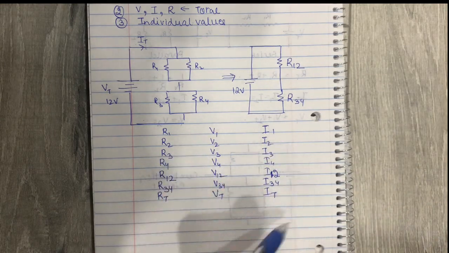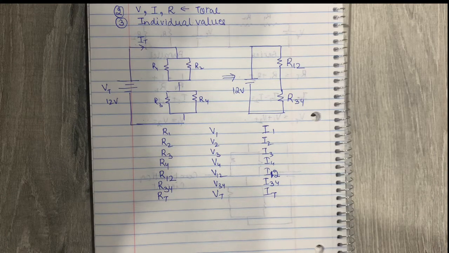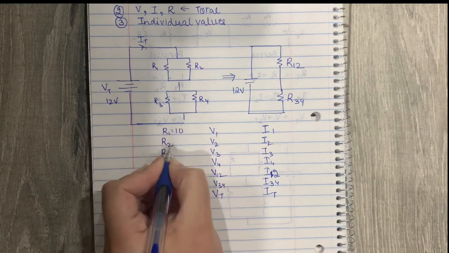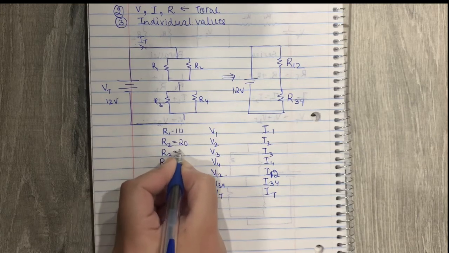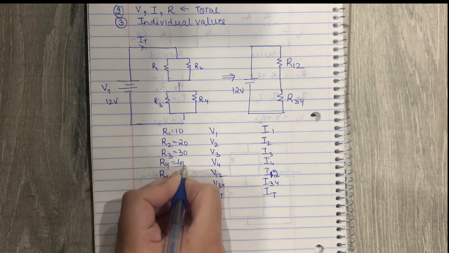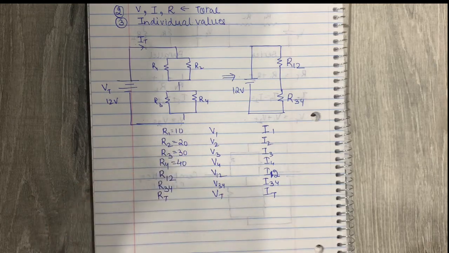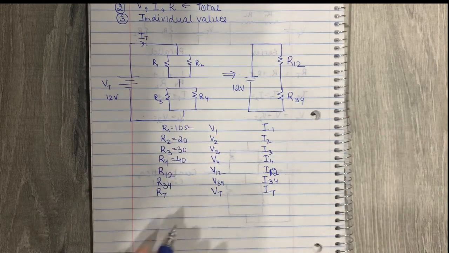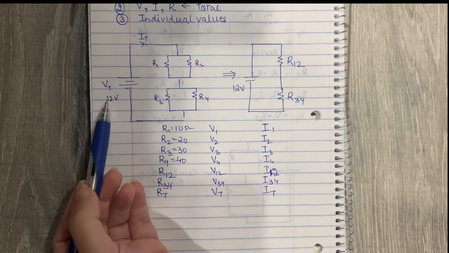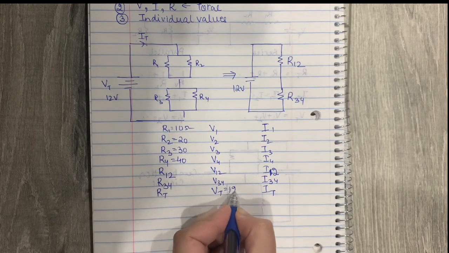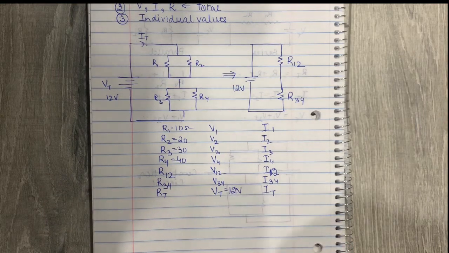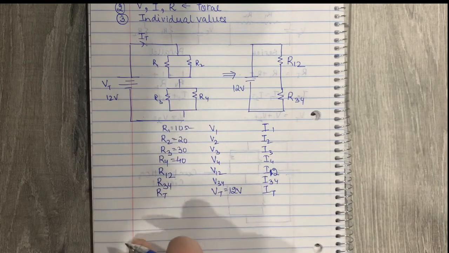Okay, so here I've made a small table with the values that we are required to solve the circuit. Let's say, for example, some of the values are given. The values of R1, R2, R3 and R4 have been provided to us, let's say 10, 20, 30 and 40 ohms. Yes, all the values are in ohms. Apart from this, we have the value of total voltage, which was 12 volts. So now let's try solving each of these values step by step, and let's see how we calculate it.